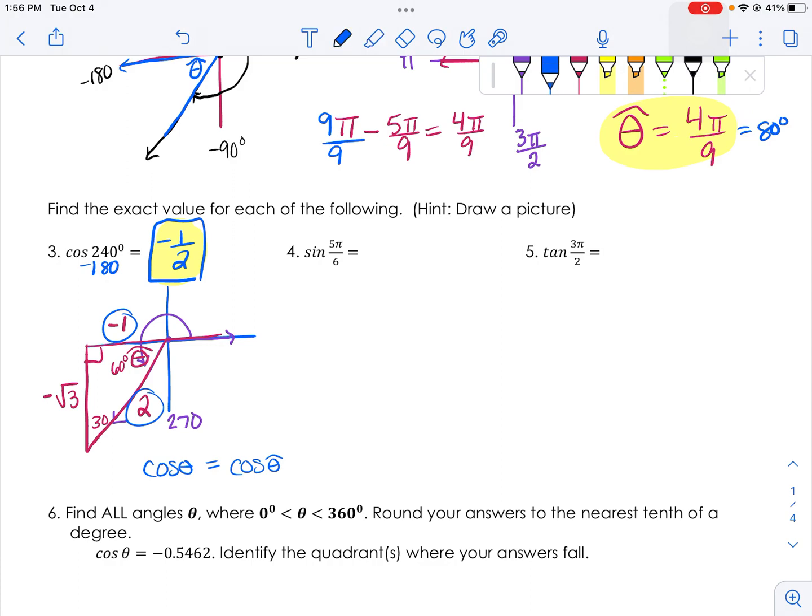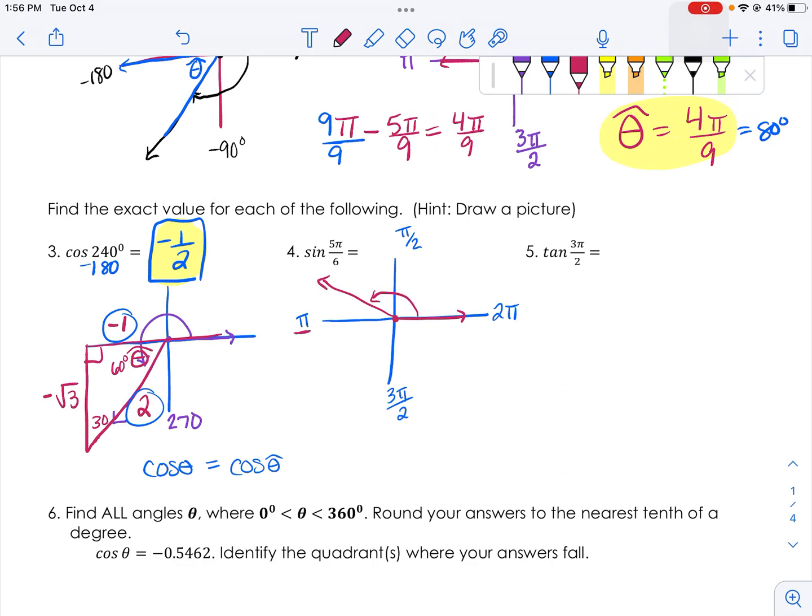Okay, sine of 5 pi over 6. So 5 pi over 6. In radians, this is, remember, pi over 2, pi, 3/2 pi, and then 2 pi. So 5 pi over 6 is really close to a whole. 5/6 is really close to 1. It's 1 short. So you're going to start with your positive x-axis, and then 5 pi over 6 is going to be like right here,